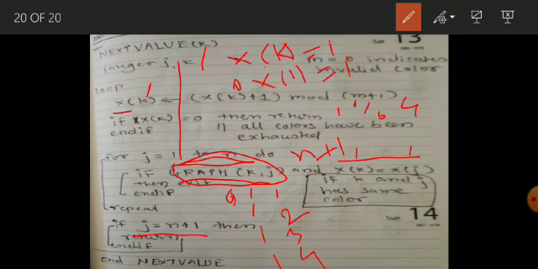In that scenario we will go back to the previous slide where we have written if k equals n. What does that statement mean? It indicates all the vertices have been colored, and print this solution.